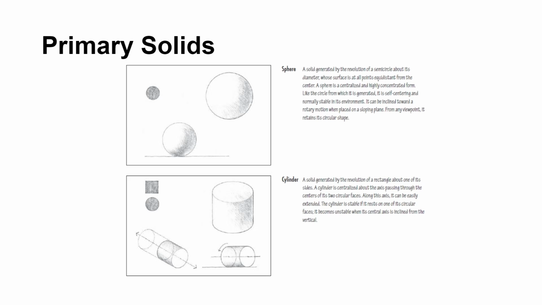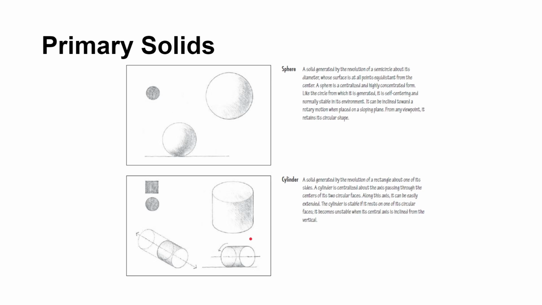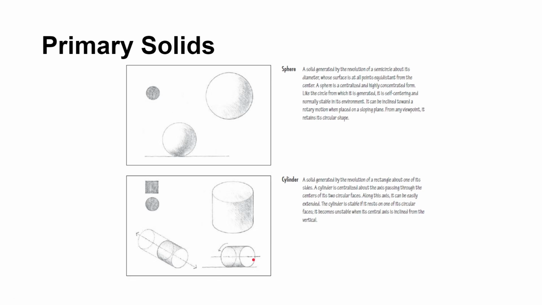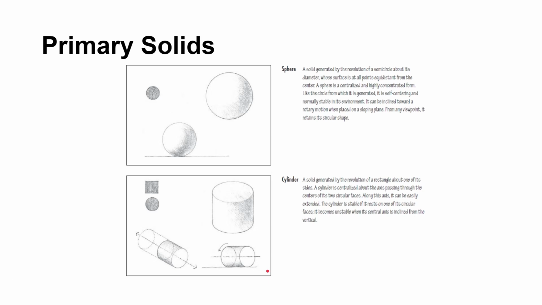So a cylinder is centralized about the axis passing through the center of its two circular faces. That of a cylinder is similar to that of a rectangle, so along this axis it can be easily extended. The cylinder is stable if it rests on one of the circular faces. It has the same idea as the sphere. Once it rests on an even plane, it won't move or roll, so that is its stable